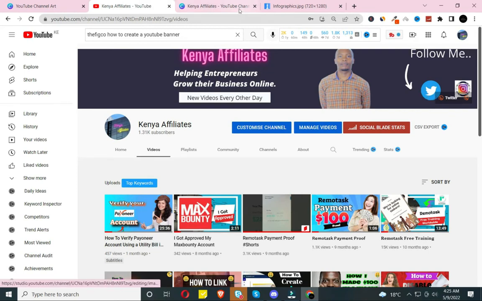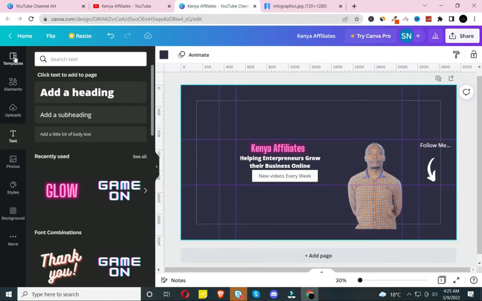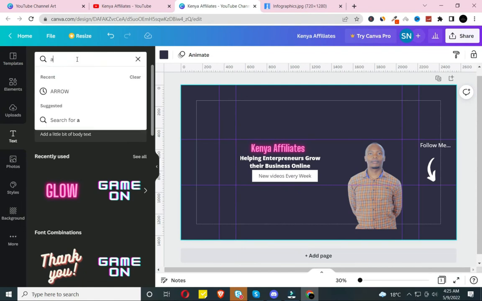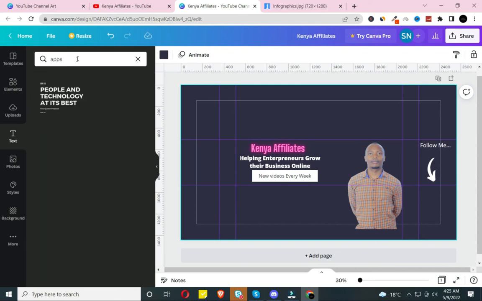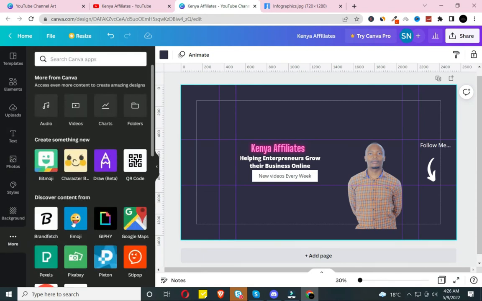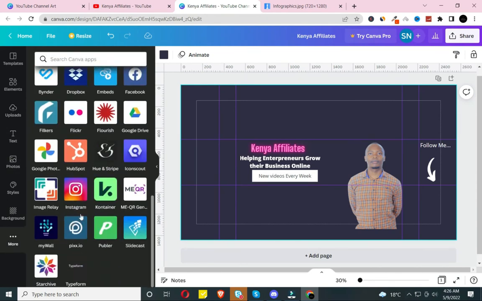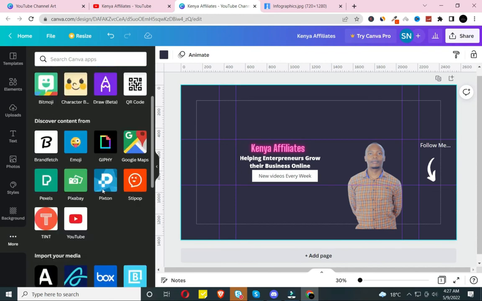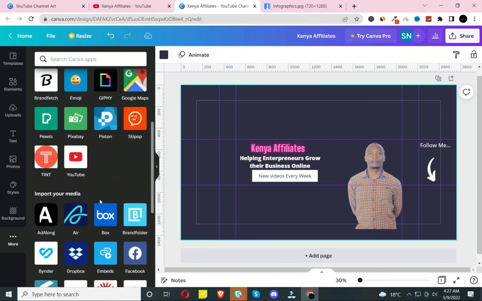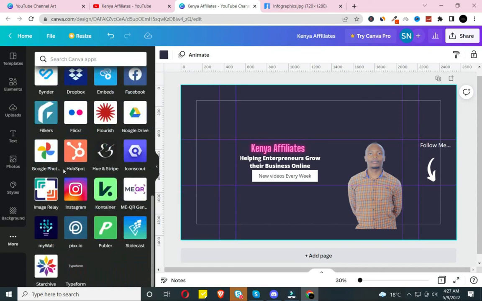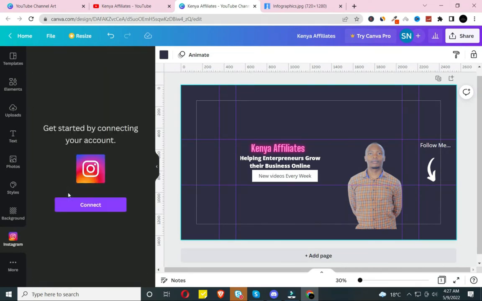Twitter and Instagram. So in this case, we are going to go to apps. You can type Twitter apps, or Canva apps. Under the more background we have, click more and scroll through some of the apps that are in Canva, and I'm not seeing Twitter. I wonder why. They might have removed it. So in this case, I'm going to click on Instagram because that's what I'm seeing.